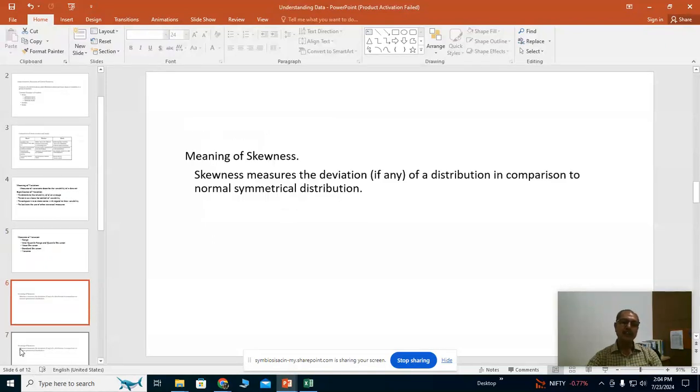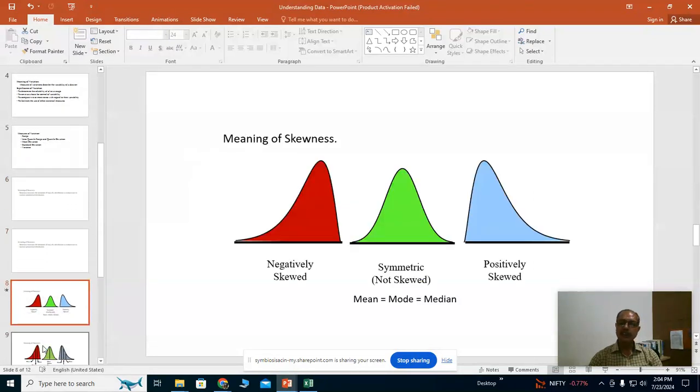Another measure is skewness. Here you want to see whether the data is skewed or not, that is, positively skewed or negatively skewed. So what is positively skewed or negatively skewed? By seeing this, you can understand it. Symmetric means it is the normal distribution of the data, and in this case the mean would be equal to the mode and the median. If the data is positively skewed, you can see the data is distributed a bit to the right, or located on the higher side, and if negatively skewed, the data is a bit on the negative side.